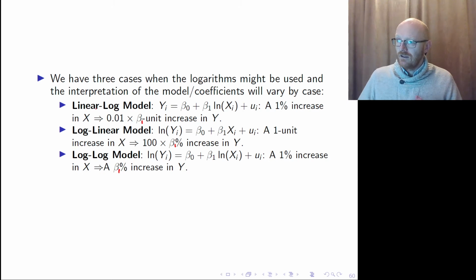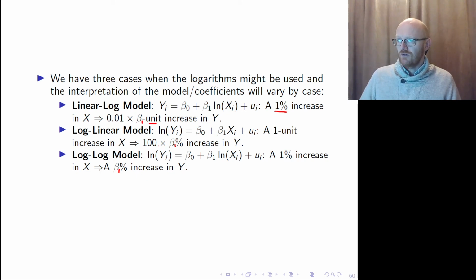So a linear log model means that the x variable is transformed logarithmically. In this case, how you interpret the model is that a 1% increase in x gives you a 0.01 times beta 1 unit